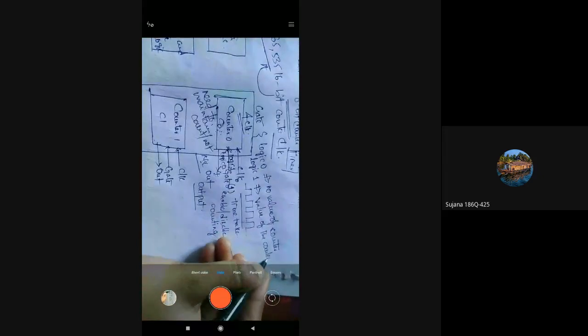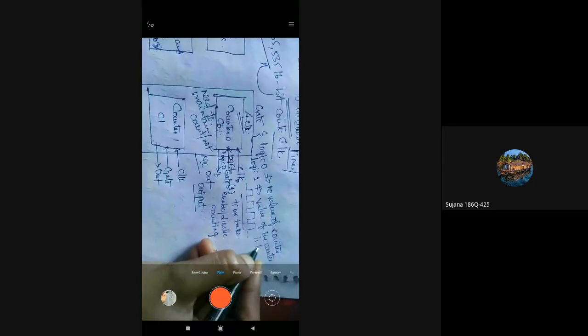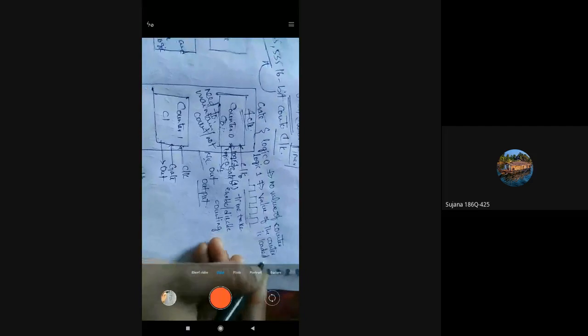Logic 1 indicates that the value of the count is loaded. When the counter is loaded with a particular value, the gate terminal is at logic 1. If there is no value in the counter, the gate terminal is at logic 0.